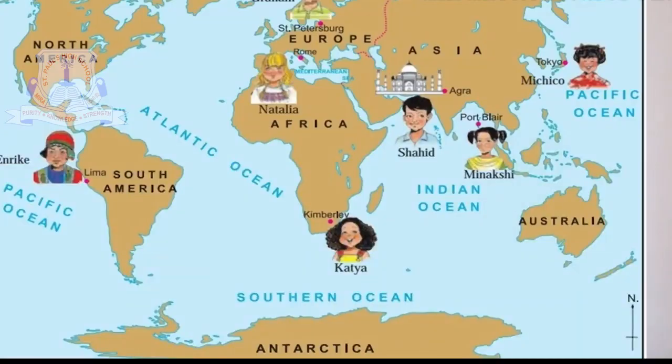Graham, Katya, Michiko, Natalia, Meenakshi, Shahid and Enrique have answered the above questions differently using different directions and subdirections. The Taj Mahal is located at the same place, that is Agra. However, each one of the children told the direction from their respective places. Their answers were different. This means that the use of directions alone does not help us to accurately describe the